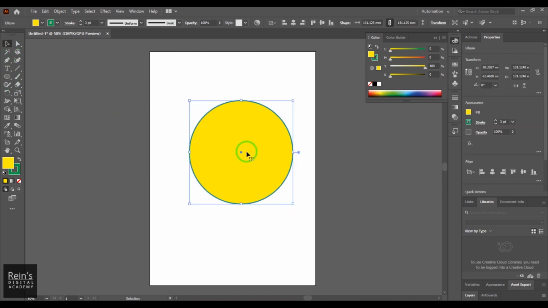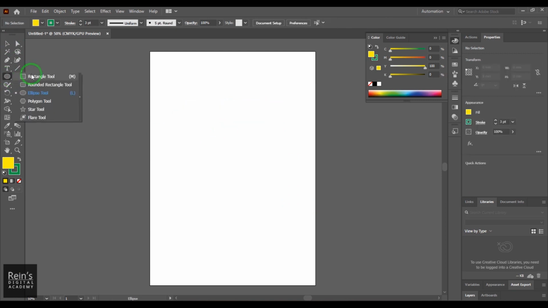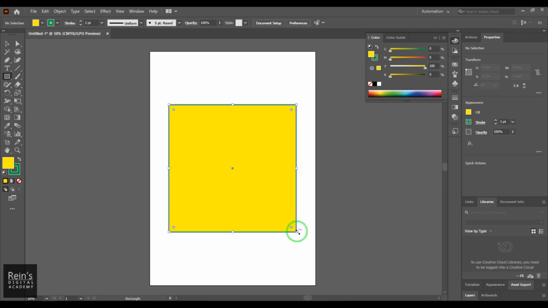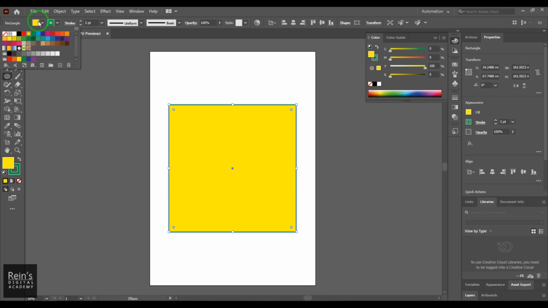I was telling you that if I want to create multiple shapes and want them to align properly, I take the rectangle tool, hold Alt and then shift, and drag. It creates a square precisely sitting in the canvas. Now I'm going to select the ellipse tool and change